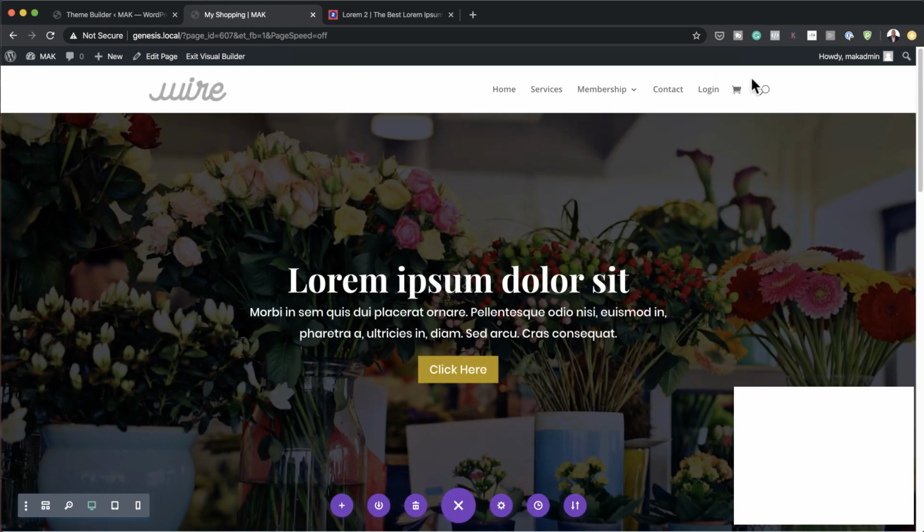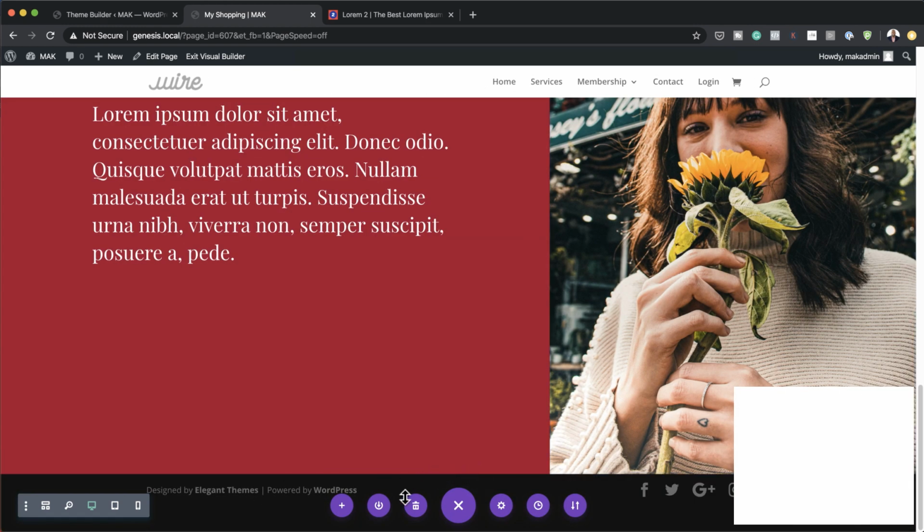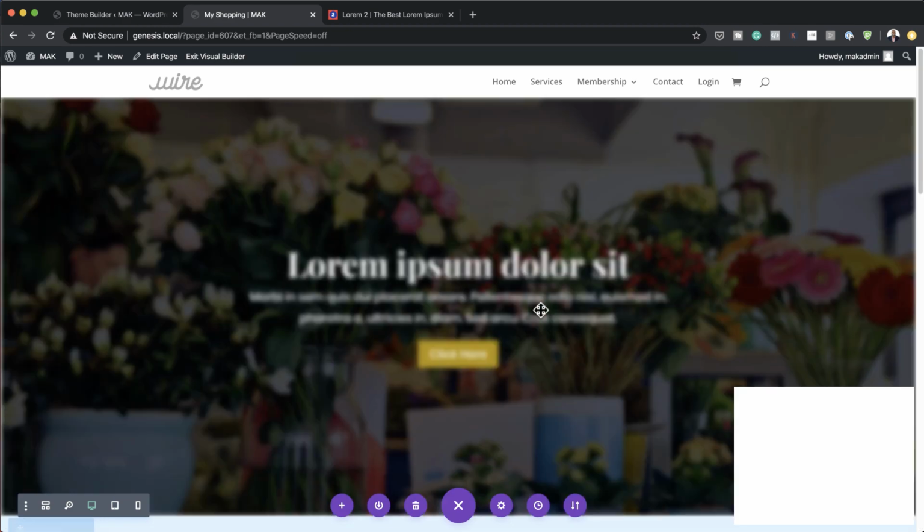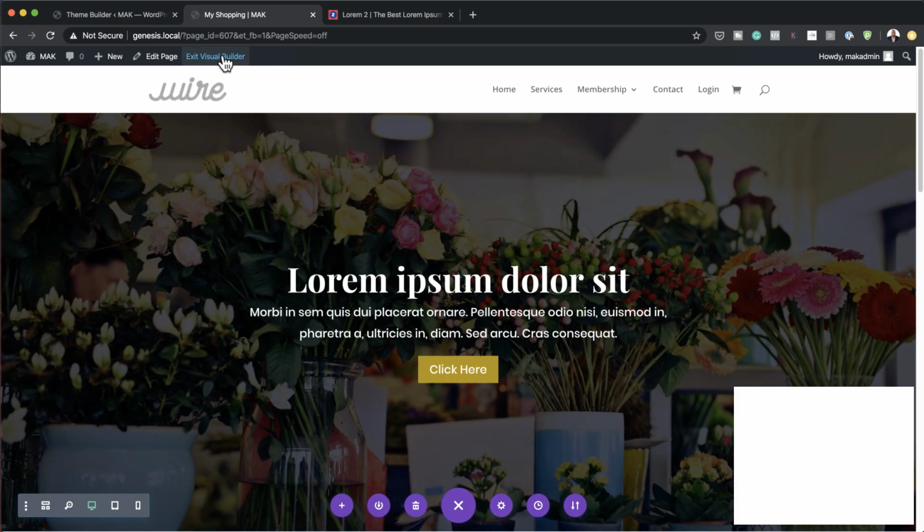Now, over here on the top and all the way down here at the bottom, you can see we don't have any headers and footers. Now, this is not really cool. So in fact, you know what? Let me just publish this and do a quick preview and take a look at that. Right, so if I exit the Visual Builder here,